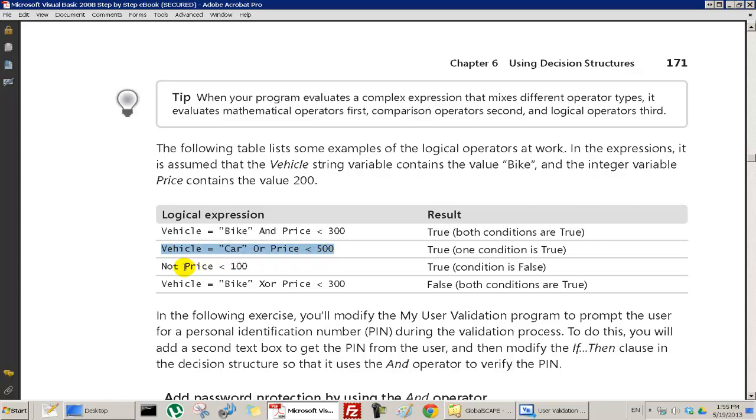Okay, now how about this one? Price is less than 100. No, that's not true, right? Price is 200, so that's false, but we put not in front of it, so you can read it as this is false, and then not false becomes true. Okay? And then finally,